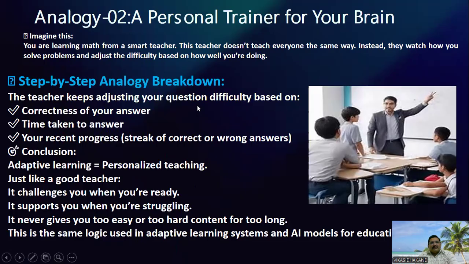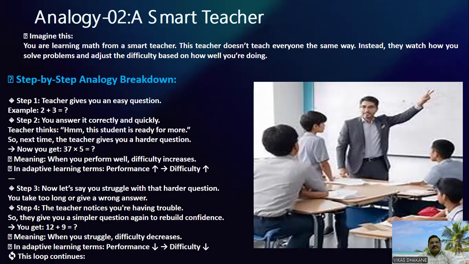Okay. So, as I said, second analogy, the smart teacher. Okay. So, we are learning math from a smart teacher, and this teacher doesn't teach everyone the same way. Instead, this teacher observes you, watches you while you are solving the problem, and adjusts the difficulty based on how well